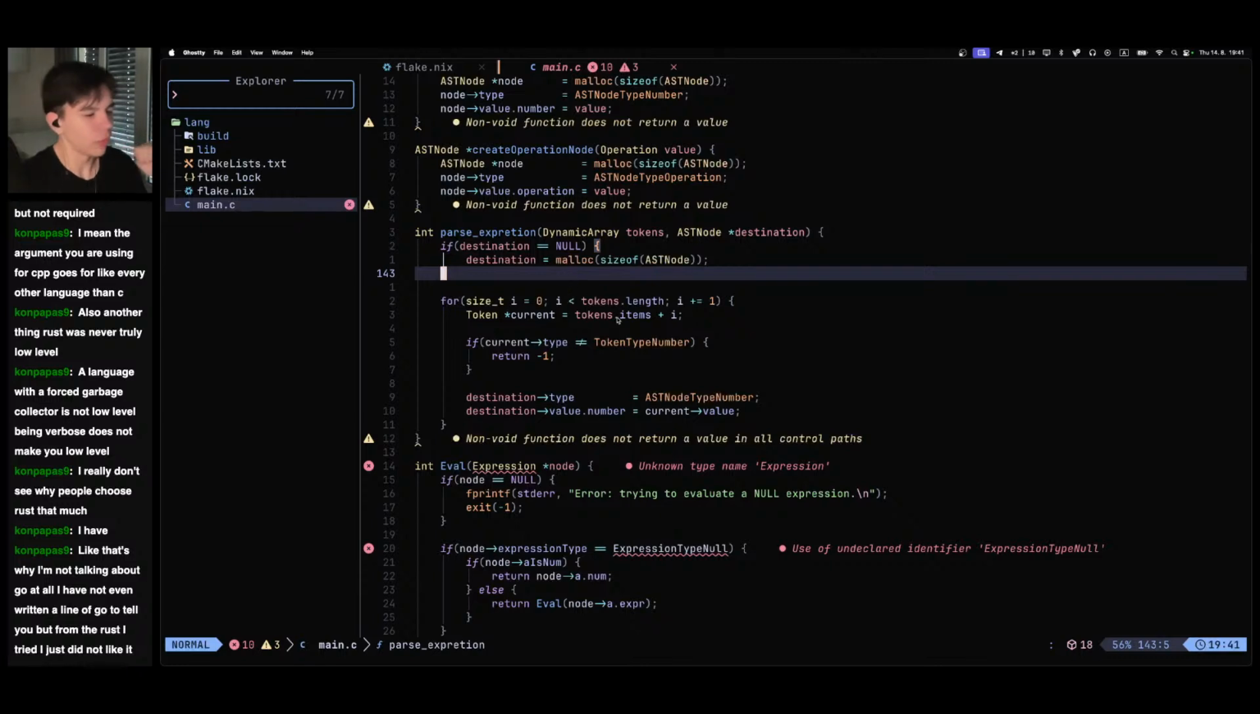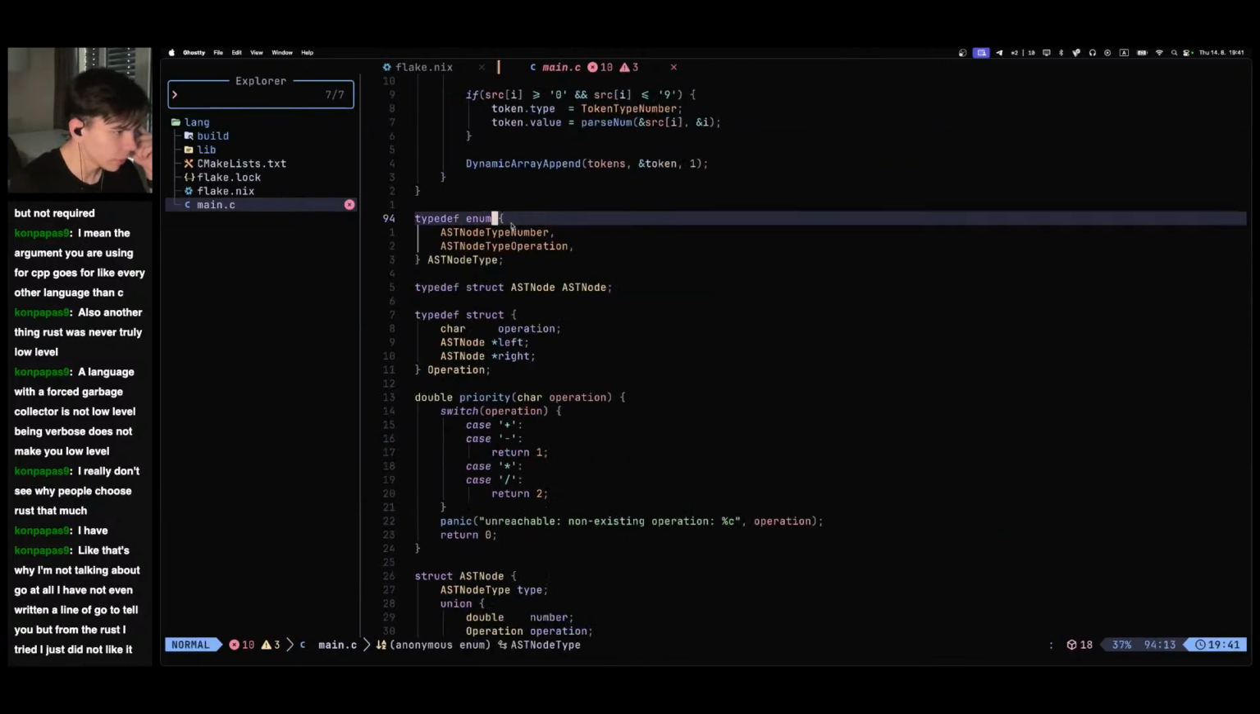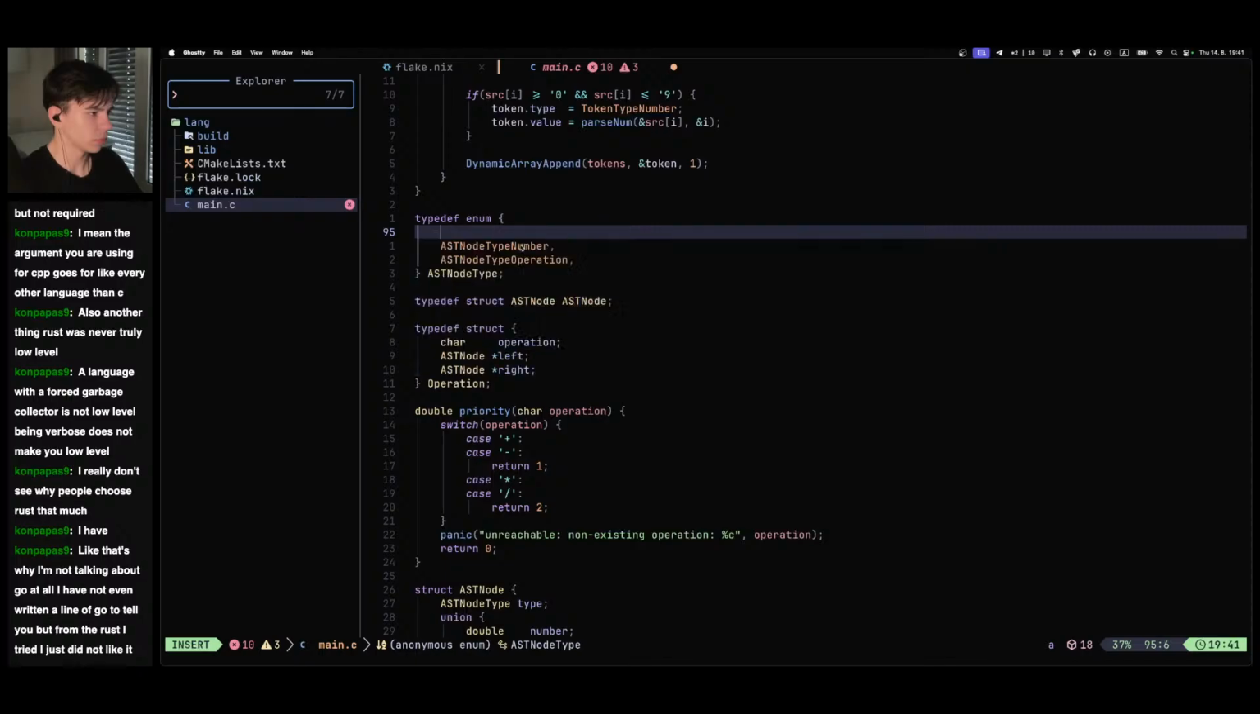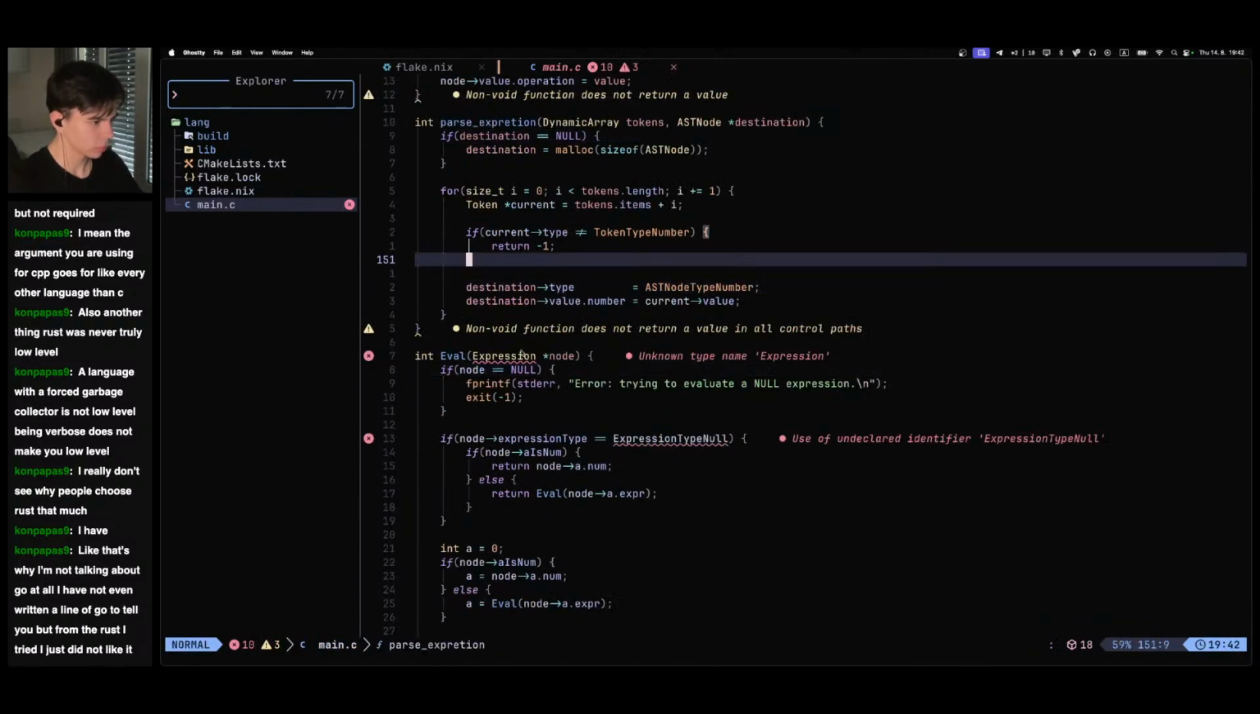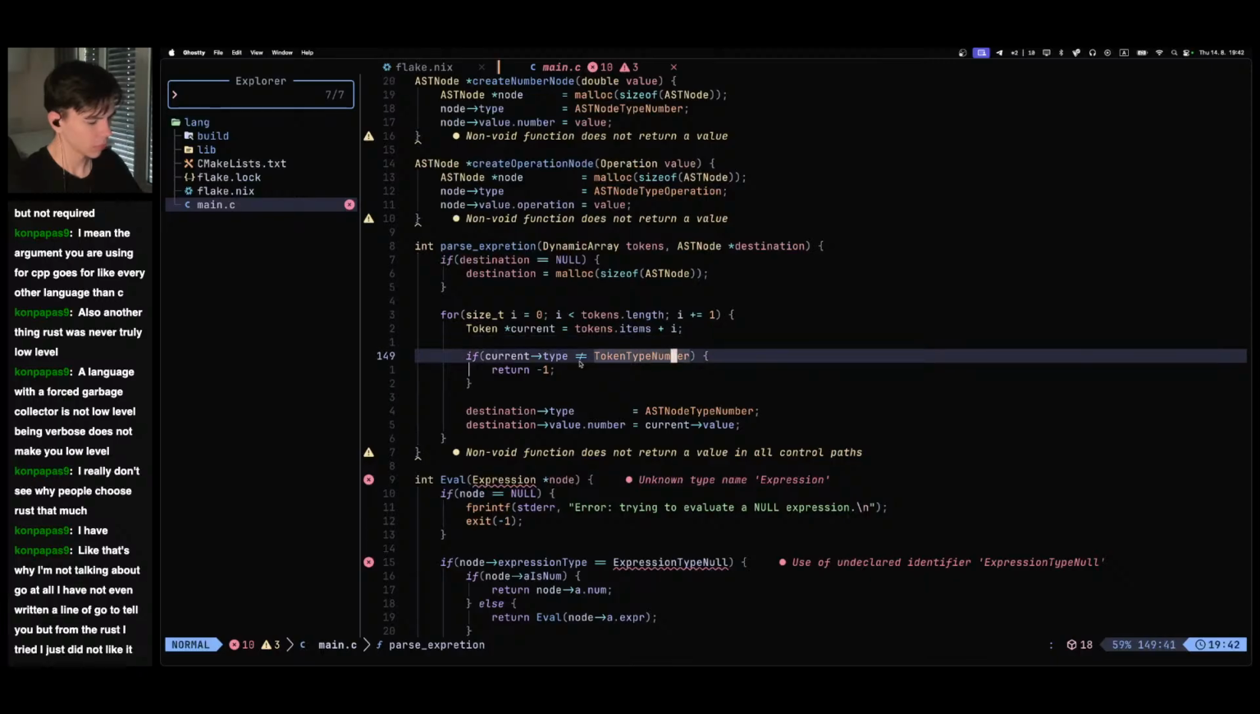If it's not null, let's think. That means I got the previous node, right? So what do we do? We check if it's a number. Do we have type? Wait. We need null type. If current type is not number,